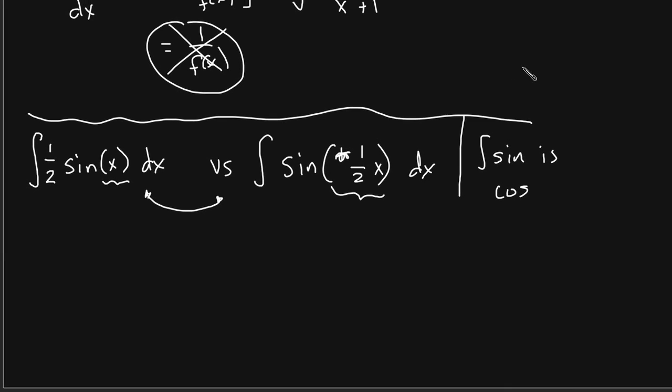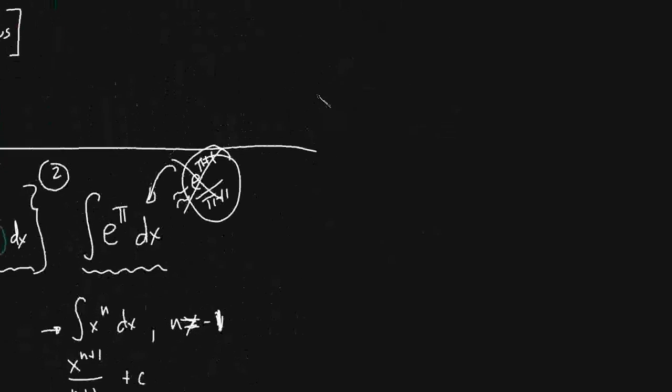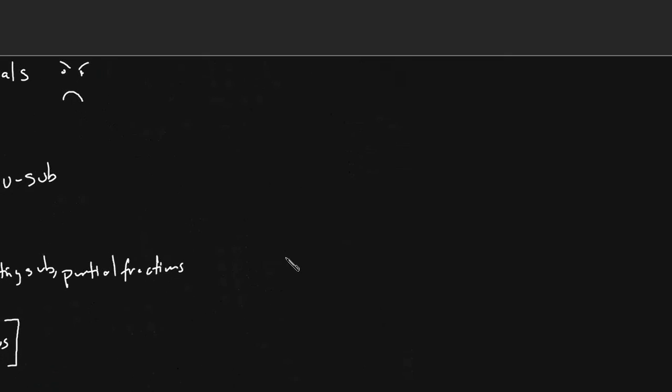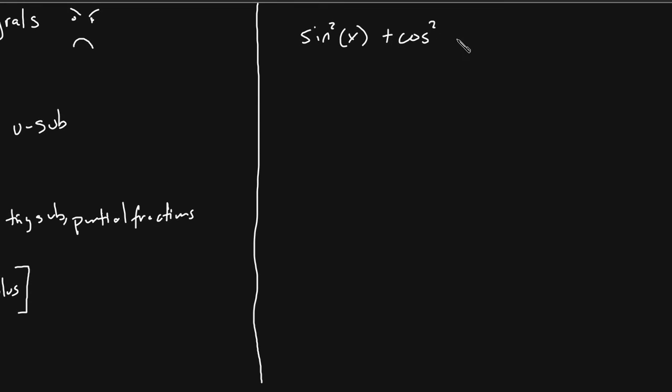Now, sticking with our trig functions, and I'll give myself some more room on the other side, we have our trig substitution problems, right? Now, these require our students to know our trig identities, right? We've got sine squared of x plus cosine squared of x equals 1. And unfortunately, students end up memorizing the second equality as well, but there's no need to memorize it because we can get to it from the first equality.